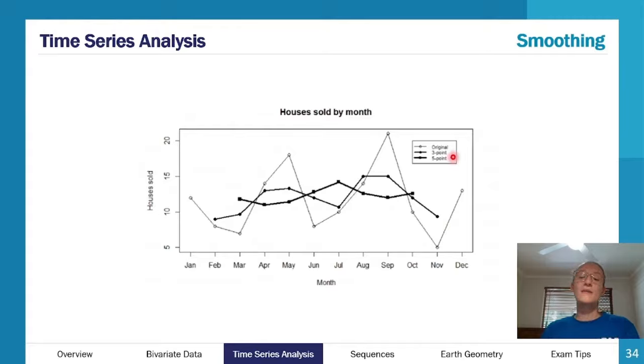And then when we come to our 5 point, and again, the more points you use, the more it'll smooth it out. Our 5 points, we can see it's even more smoothed. And now that we've done all of this smoothing, we can start to see a tiny, tiny little bit of a potentially increasing trend. Not a whole lot, but maybe a tiny bit. But that's just mainly to get you thinking in the groove of, okay, now that I've done my smoothing,